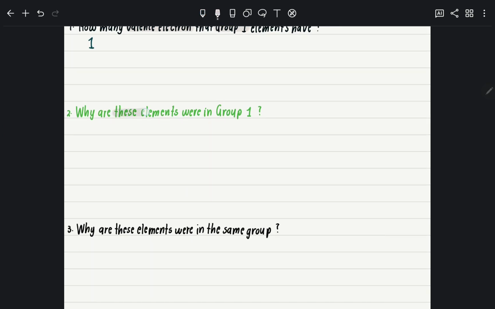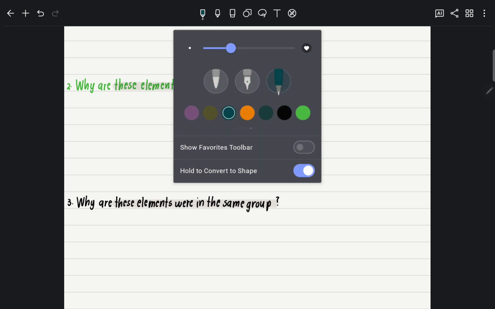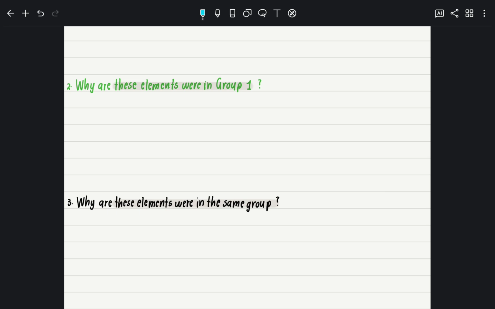Why are these elements in group 1, and why are these elements in the same row? Actually, most of you say these are the same question. Yes, they are the same question, but there is a slight change in the answers. You cannot give the same answer for both questions. Because in this question they already specify group 1, but in this question they say they are in the same group only. So for question number 2, if you answer